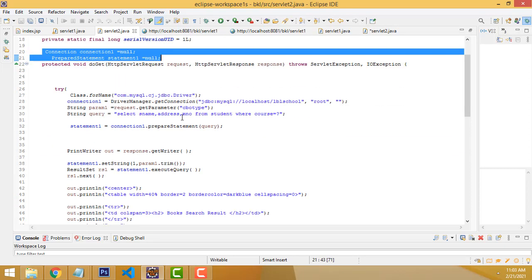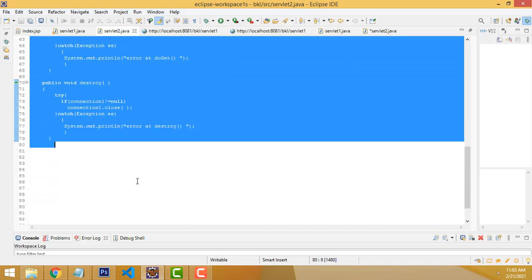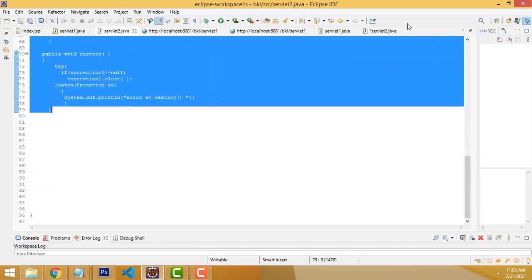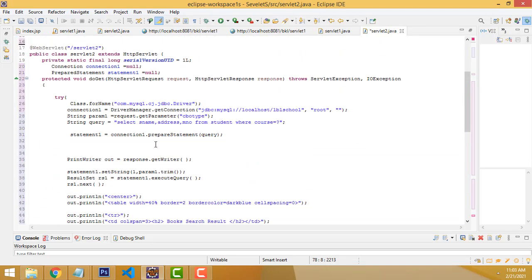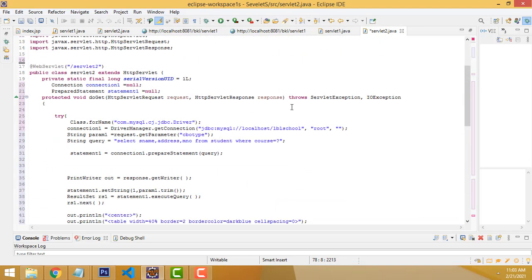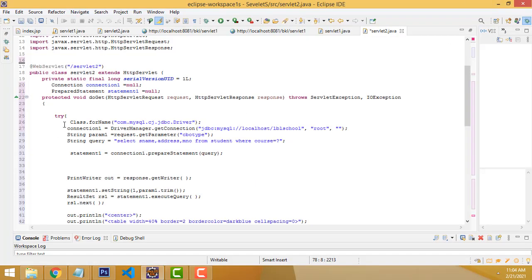You have to get all the stuff from the first servlet, copy and paste it over here. Right, here this is the result. Whatever book you selected, the particular student information will be displayed on servlet 2. If you select Java, there will be two students, John and Ravi, displayed in the table, right? That is the stuff you have to do.